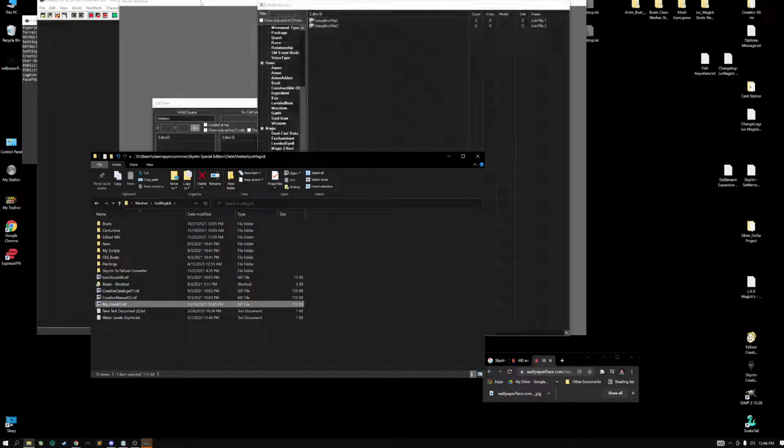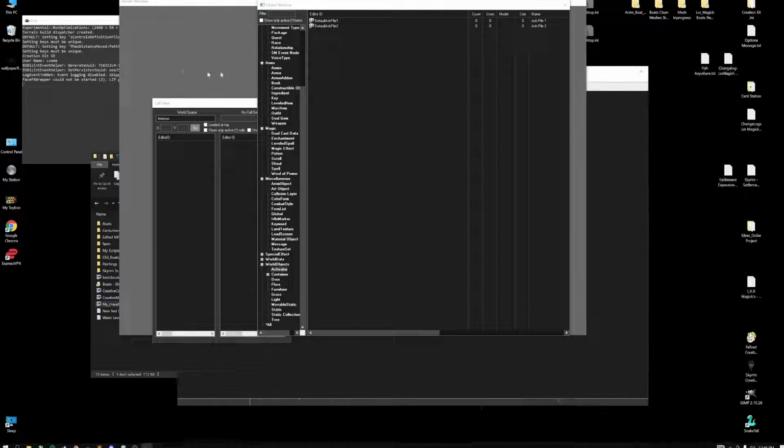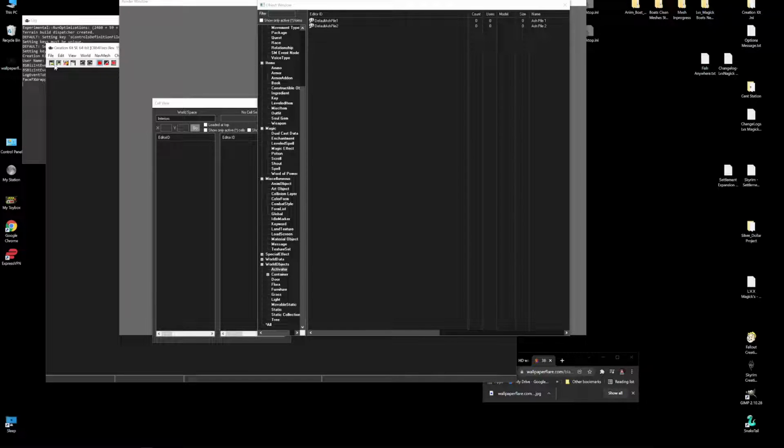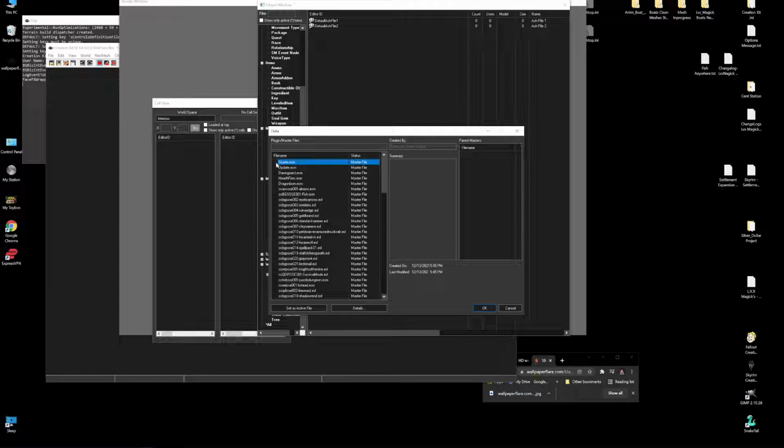If you're wondering why I have dark mode, I use Creation Kit Fixes. They allow stuff to load extremely fast.